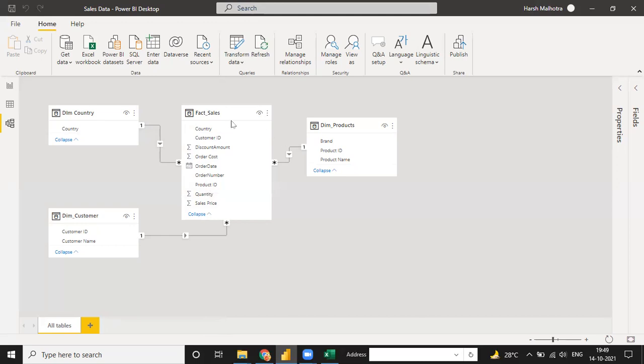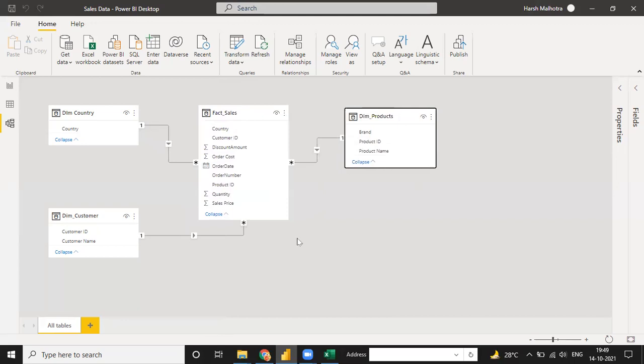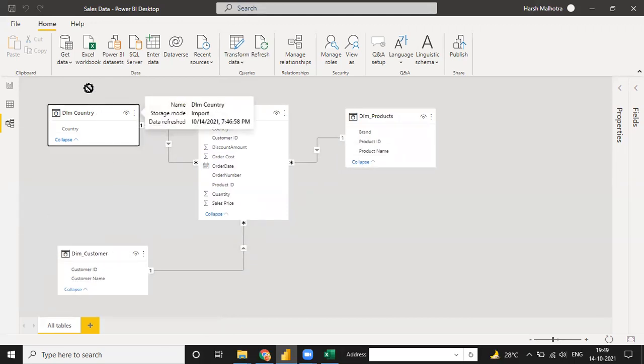So guys, see, in this file, we have a fact table and dim tables. Now we have to connect all these relationships between the dimension tables and the fact table.